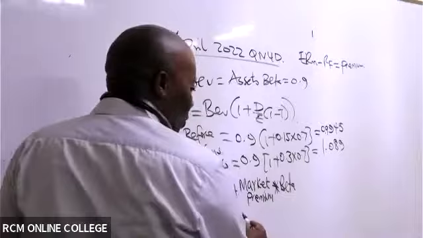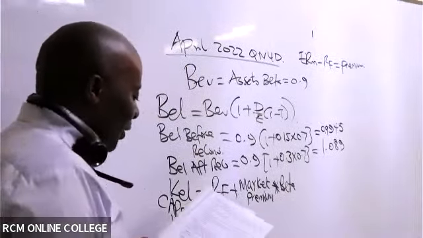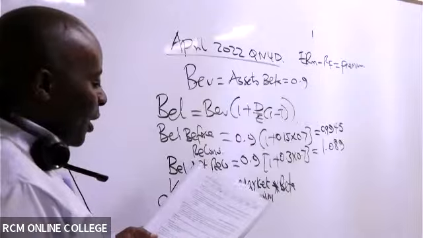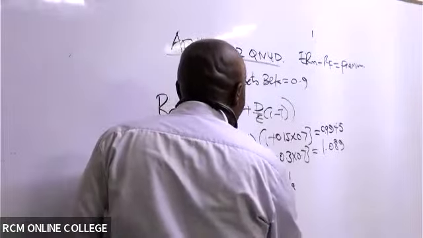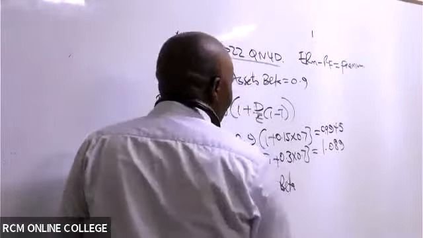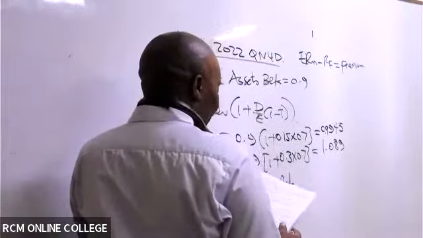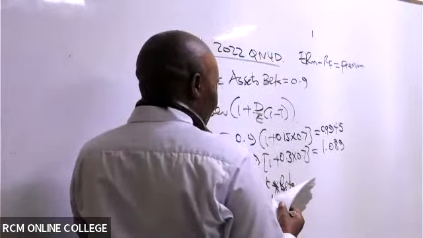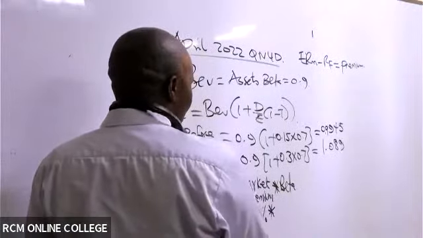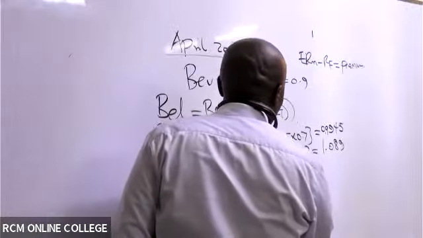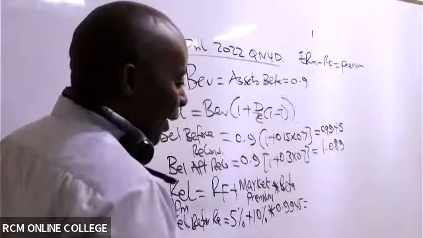reconstruction. So KEL before reconstruction, are you able to get it? Are you able to see the risk-free rate? What percentage? 5%. So we have here 5%. Are you seeing that they've given us market premium of 10%? 10% times beta, and the beta is what figure? Beta before. Remember, it's beta before reconstruction, which is 0.9945. So be very careful, and they give me the final answer.